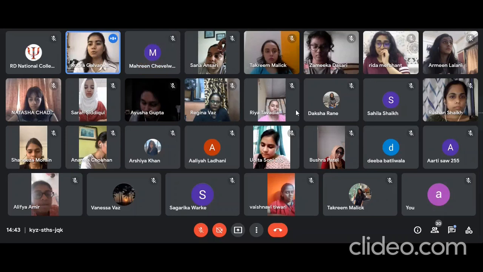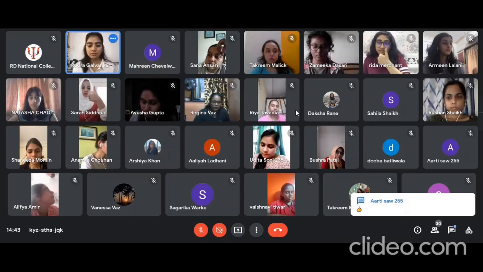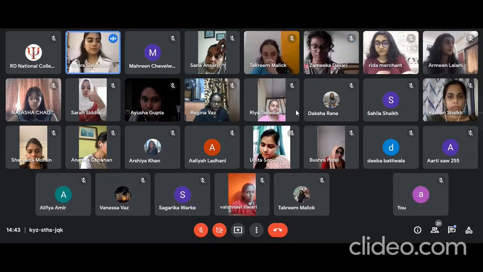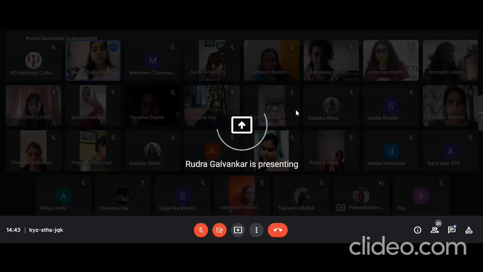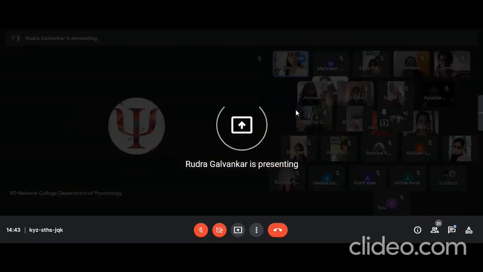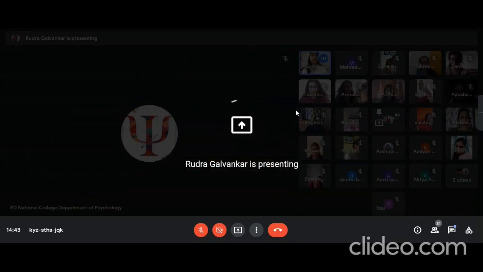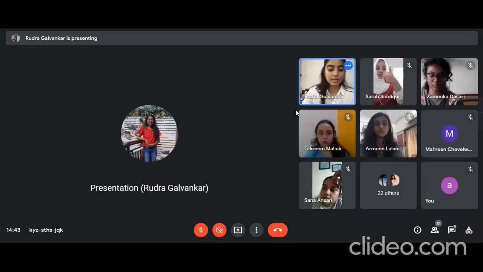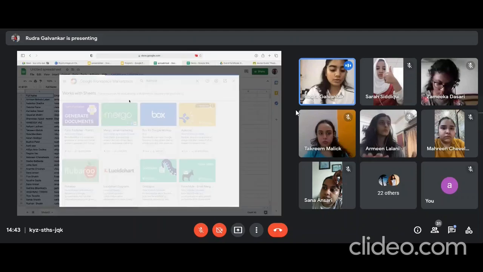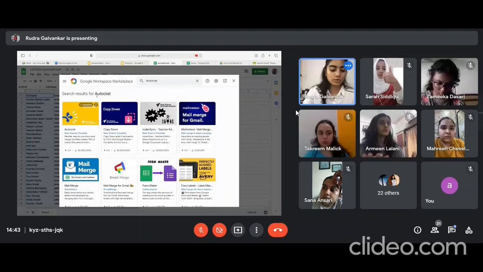So most of you are done, right? Okay. Once you're in Sheets, you will have the option of add-ons. You need to click on add-ons and you see get add-ons. Open get add-ons and type AutoCrat in the search. I already have it, so mine will not be seen, but this is the one.